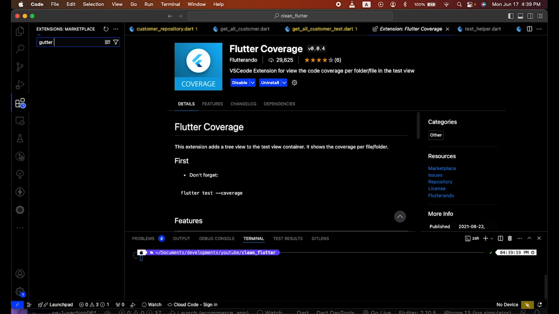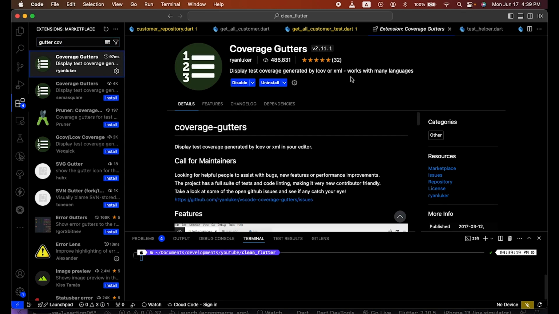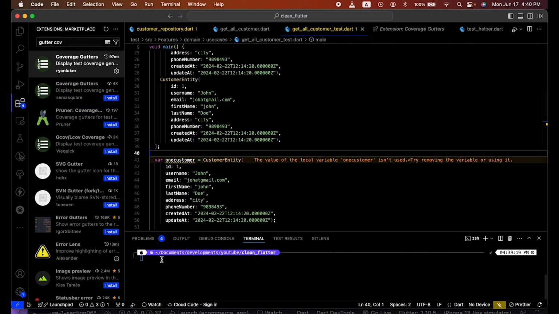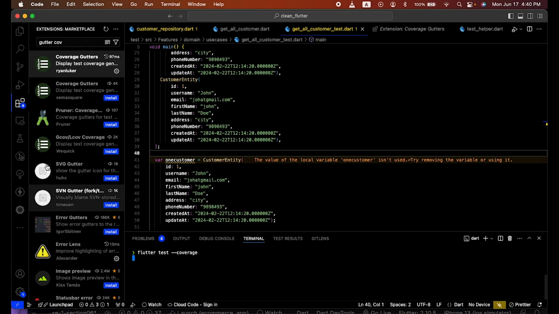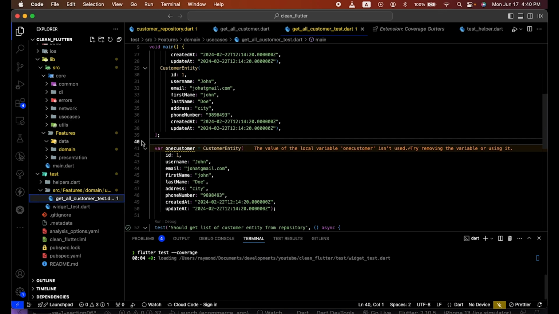Coverage Gutters, okay. So it displays test coverage generated by lcov, this will generate the lcov file. So the first thing to do is to write flutter test with coverage, I write flutter test --coverage, okay. A file will be generated, let's wait for it to finish,